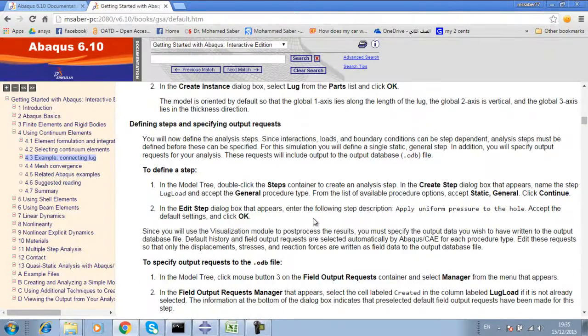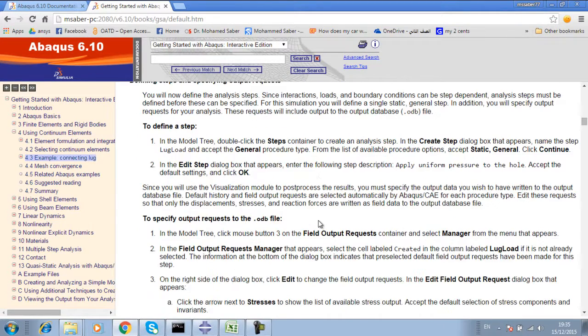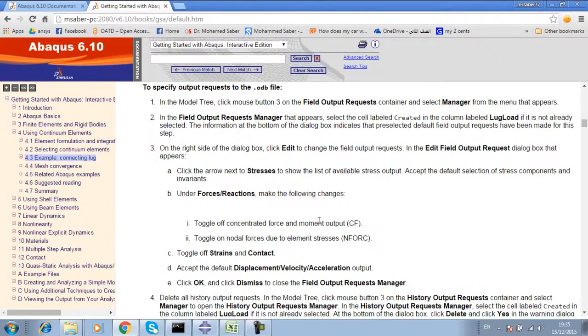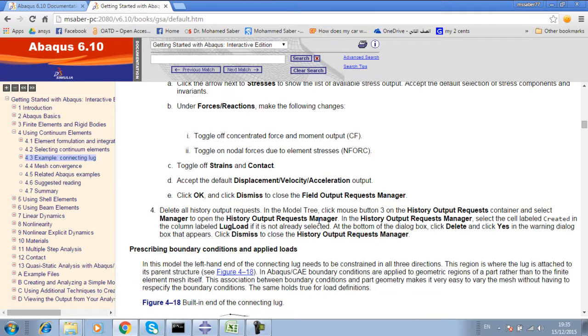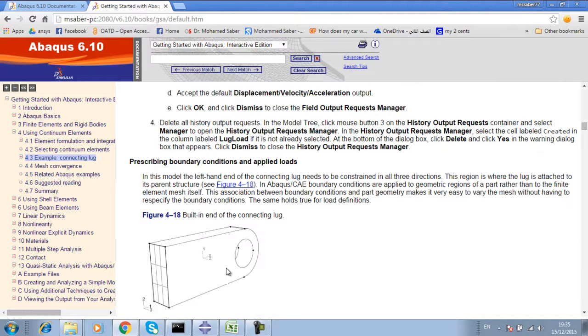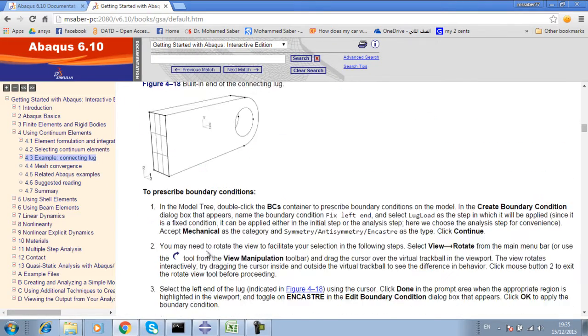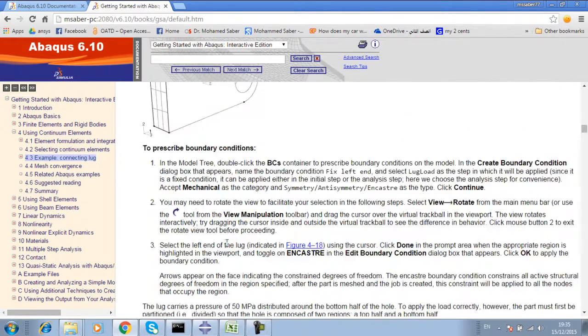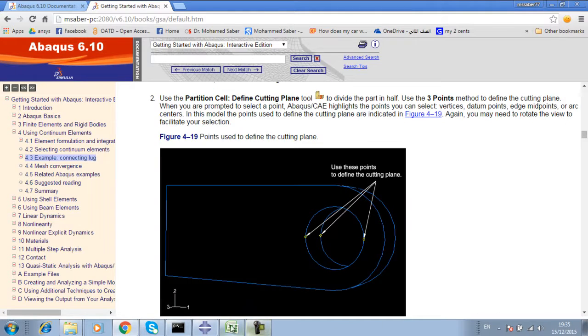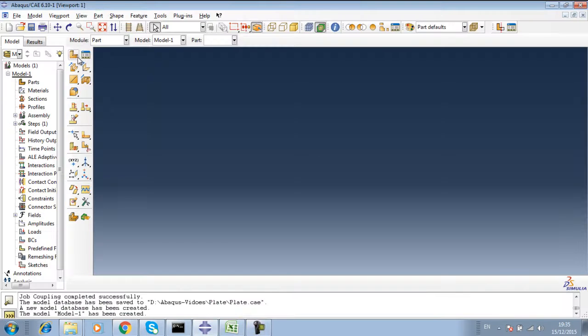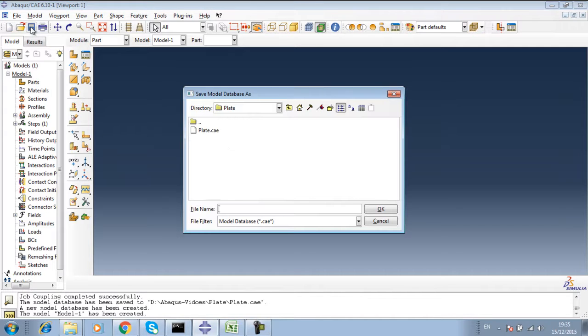I'm going to model maybe in a different method, but the most important thing is that at the end you should have a similar model as this one. Let me start first. So I'm creating a new part, or save this one,